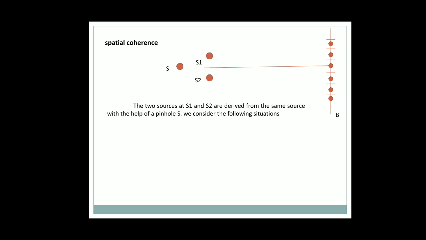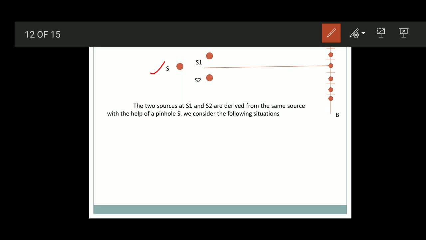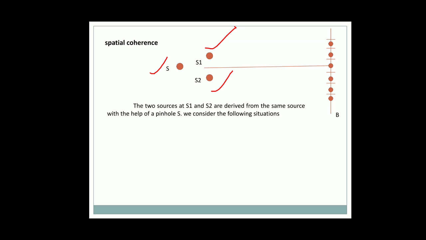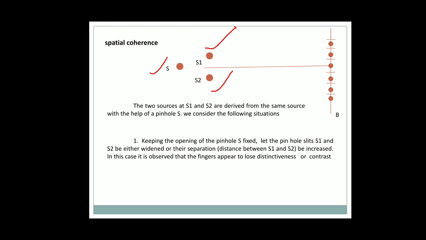What is spatial coherence? In this diagram, we have source S, that is a point source. S1 and S2 are two slits. If the light is incident on the two slits, these two rays come from the two slits having equal amplitude, equal frequency and the same wavelength. And AB is the screen. So the two sources S1 and S2 are derived from the same source with the help of a pinhole S. We consider the following situations. The first point is keeping the opening of the source pinhole S fixed,